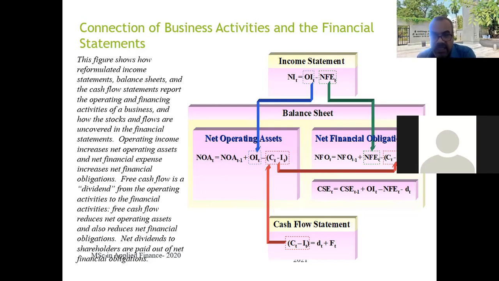Did you get it? Again, the operating income, the C minus I lead to free cash flow. So if you remove it,